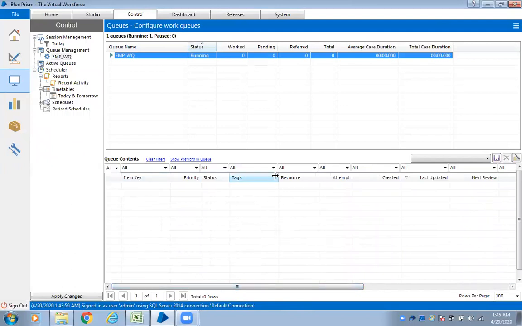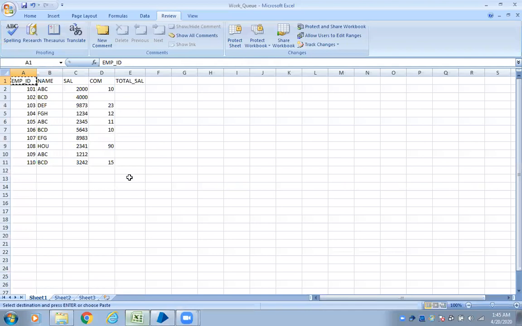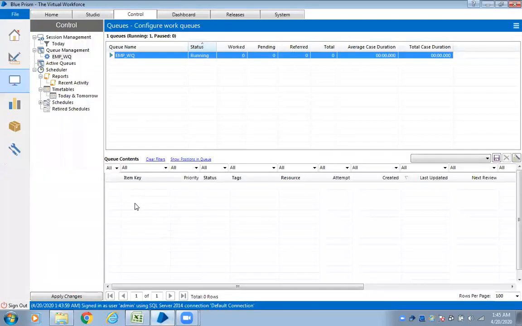When you are processing data through a work queue, all your data you can see here in your work queue in the control room. Whatever records we have, the work queue will add them into your control room to process the data one by one.